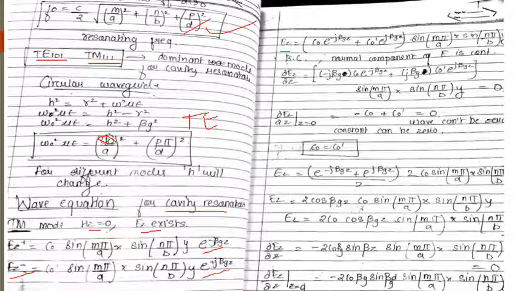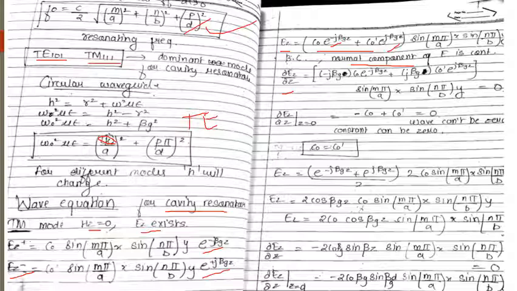it becomes Ez equal to, the common things in this are sin m pi by a into x and sin n pi by b into y. This quantity can come out. The remaining thing comes in the center. When I am taking the boundary condition, I am taking the normal component of electric field as continuous. Normal component means take the derivative, so partial differentiation is done. When I am taking partial differentiation with respect to z, minus j beta g will come here, j beta g will come. The rest of the terms remain like that. So these terms come out, and these into this equal to 0.